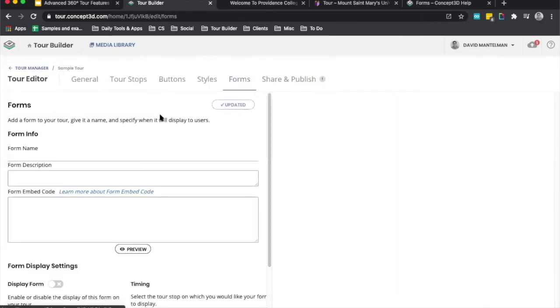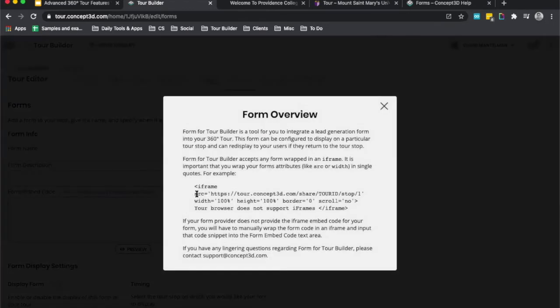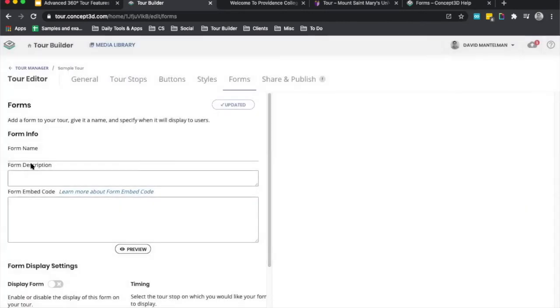As Courtney alluded to, for this specifically, you can add a share URL from your CRM, or a share URL from something like a Google form if you want to make it more specific, or if you don't have a CRM, you can do that as well. It's as simple as adding a form name here, maybe a quick description saying